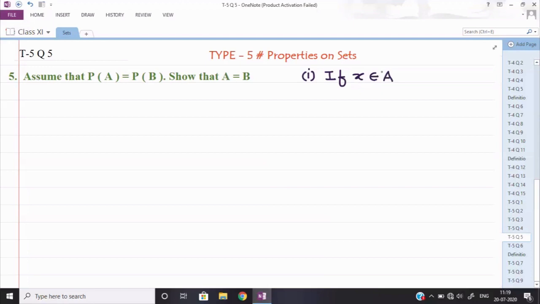Here I am taking the notation x as the representative of all the elements. And after some time, if I show, with the help of some fact or definition, that all those elements lie in B also, then we can say